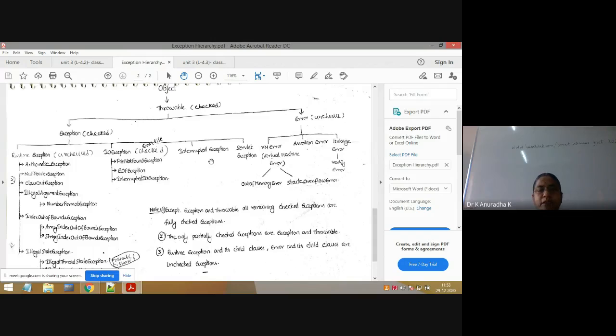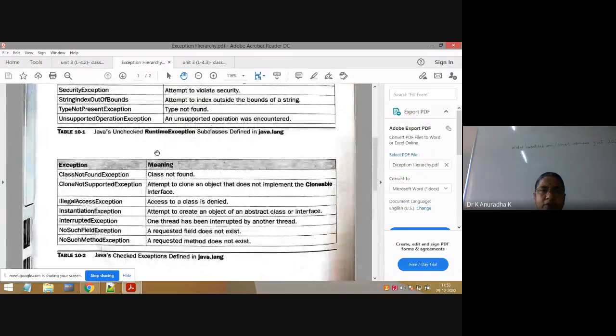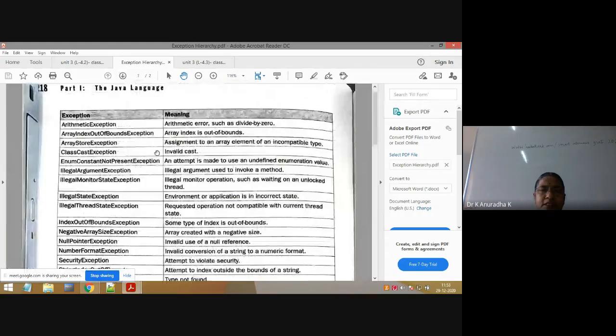Why we should remember, I will explain with programs. Next, we will see the programs on checked exceptions and programs on unchecked exceptions. At that time, you can see the difference, how to write the programs using checked exceptions and unchecked exceptions. That's why please follow this hierarchy. I have kept one more figure. This is the figure in